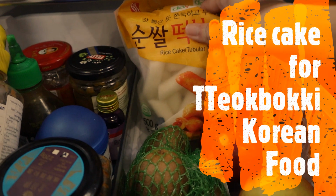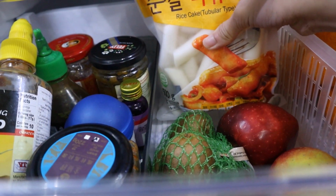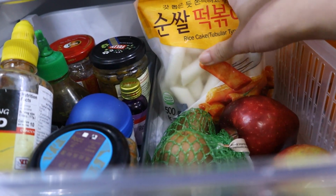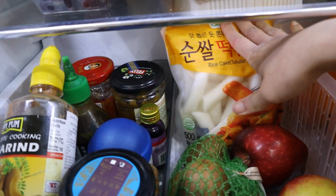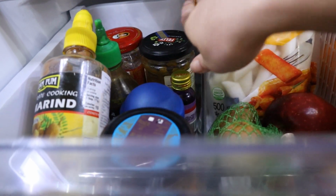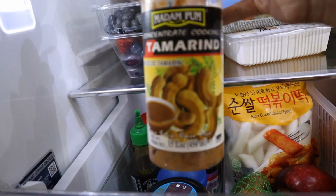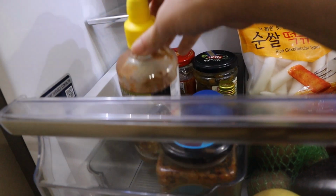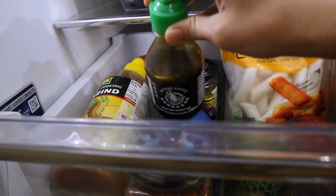At the back I have this rice cake, it's a Korean food. I think you can use this one as tteokbokki if you want to make one. So I have those there. I have this tamarind sauce. It's really important in Asian cooking. And then I have some hoisin sauce,